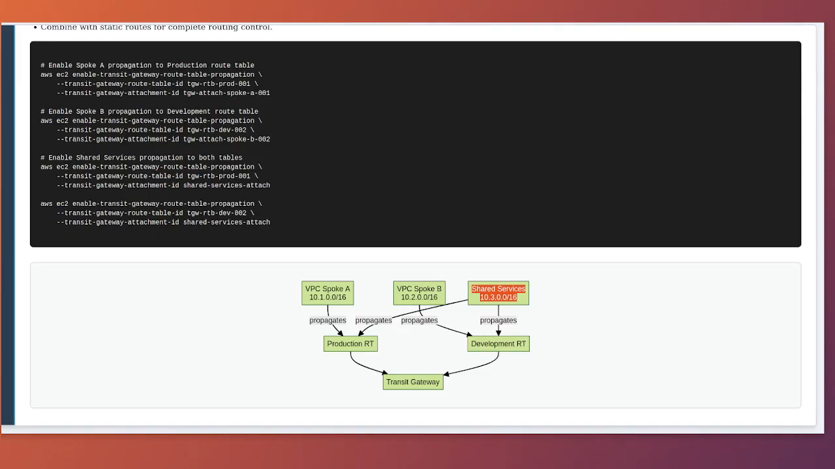Looking at the diagram, it illustrates the propagation relationships using a network graph style. At the center is the transit gateway. 3 route table boxes surround it representing production RT, development RT, and shared services RT. Arrows with labels show propagation flows. An arrow from VPC spoke A points into production RT labeled propagates